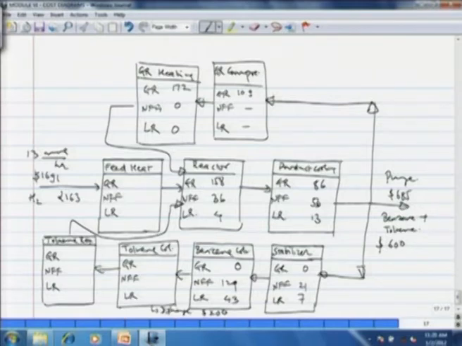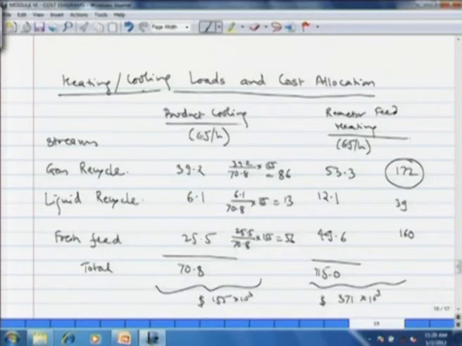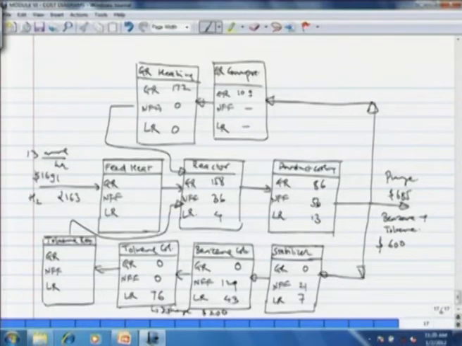Okay. Then toluene column, the total cost that we saw in the lumped cost diagram was $76,000. Entire cost is allocated to liquid recycle. Toluene recycle heating, this we have already found as $39,000. Toluene recycle, liquid recycle heating. Okay. So that we put here, liquid recycle 39. There is no gas recycle.